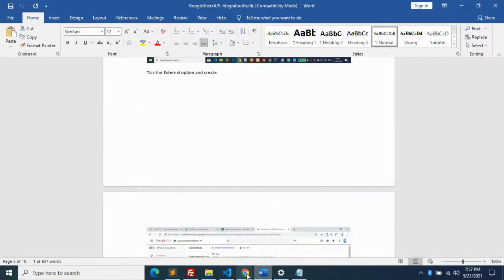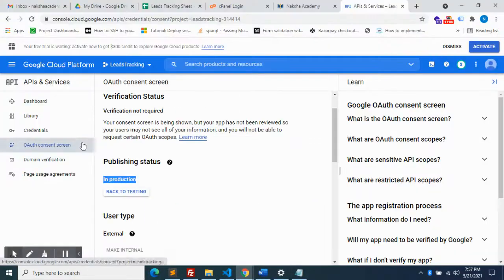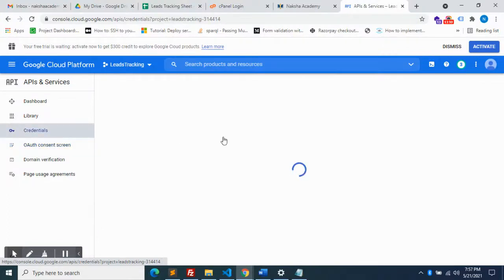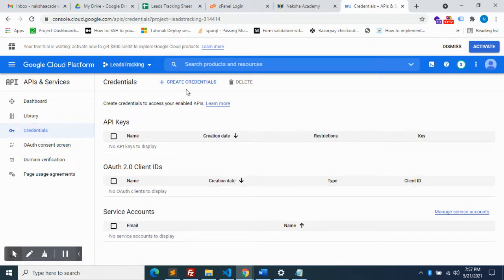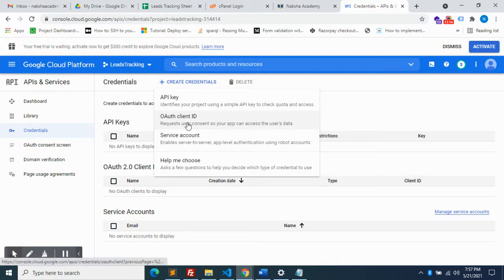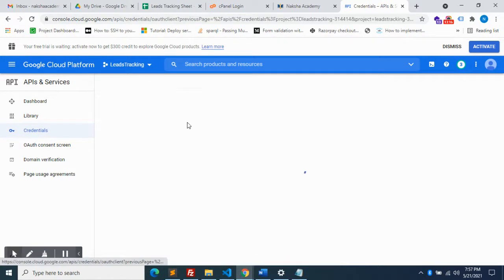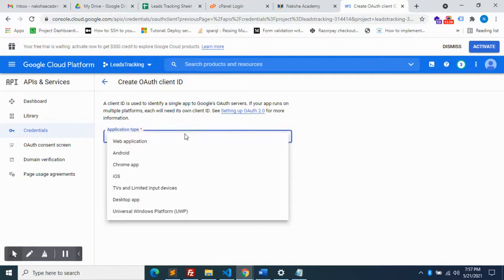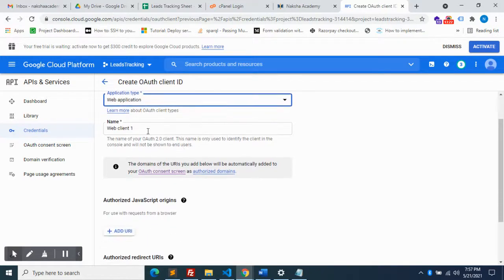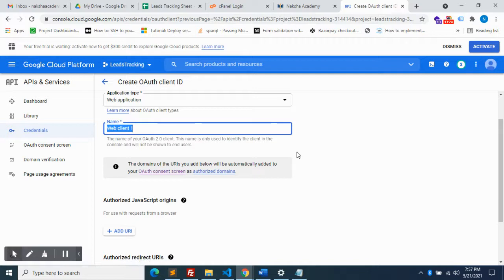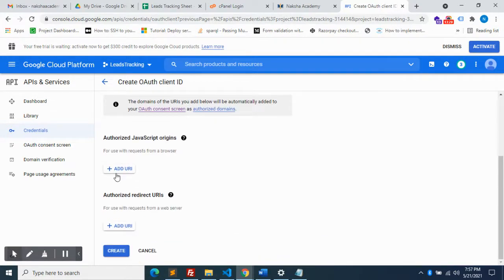Then we are going to create credentials. Go to credentials. Here we are going to create an OAuth client ID. So this is the main purpose. Application type, we are going to use web application. Dummy name, you can put lead, something like that. So add URI.